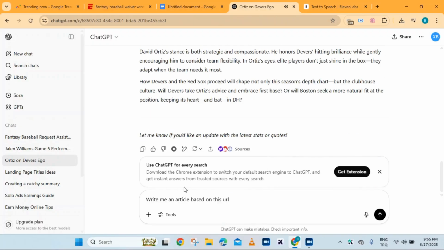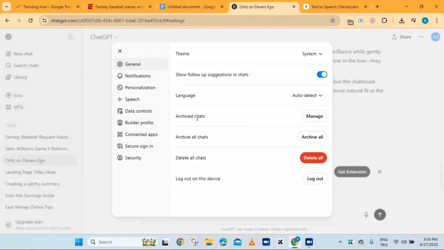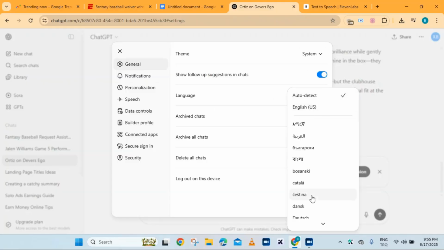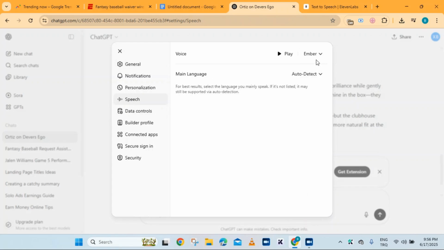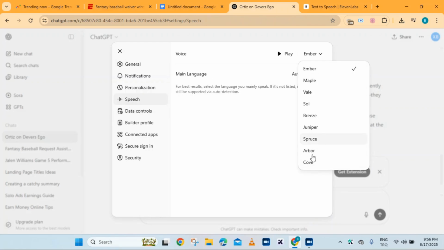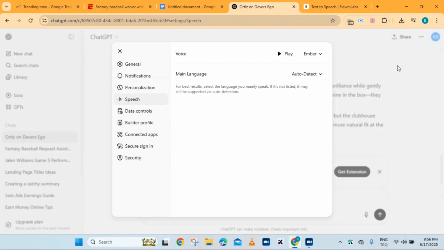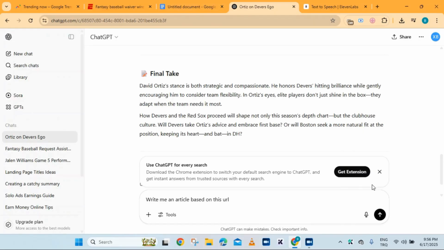As you can see here, the next step is, if you don't like the voice, you can click here on the settings. Then you can select any language that you want. Where it says speech, you can select any voiceover that you feel like you want to use. Let me select this, click there, then go back, remove it,